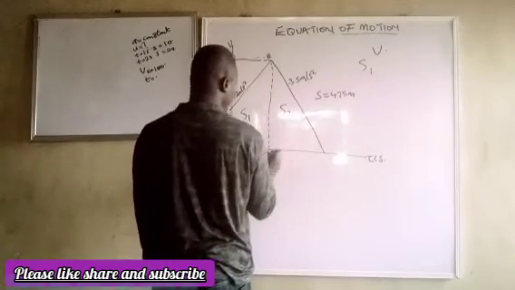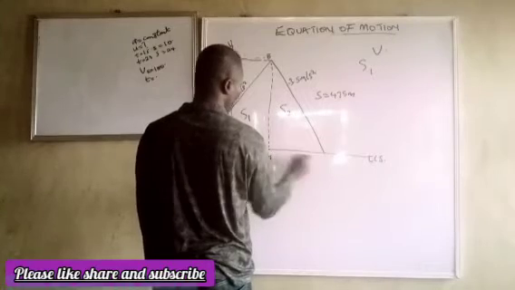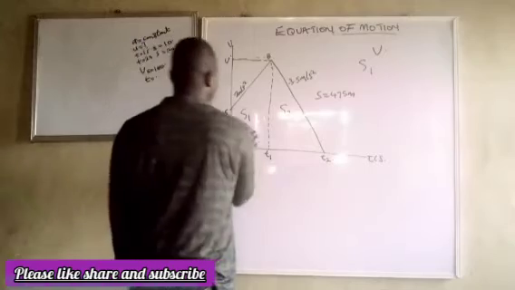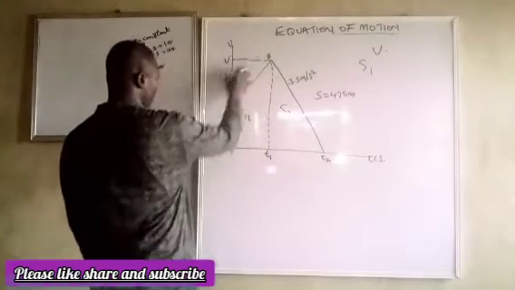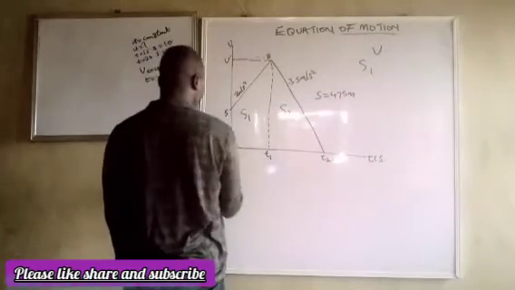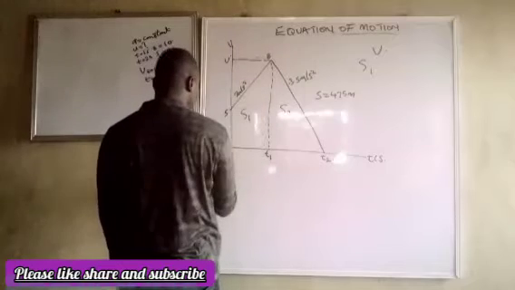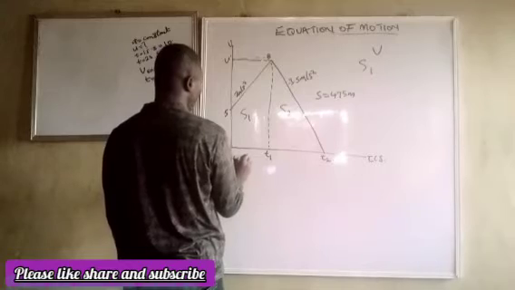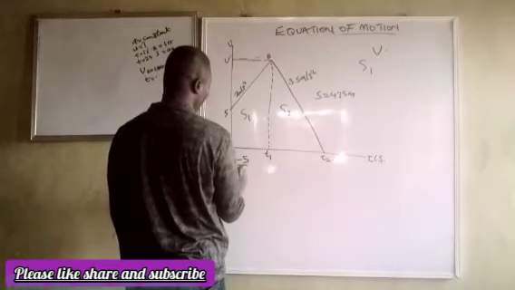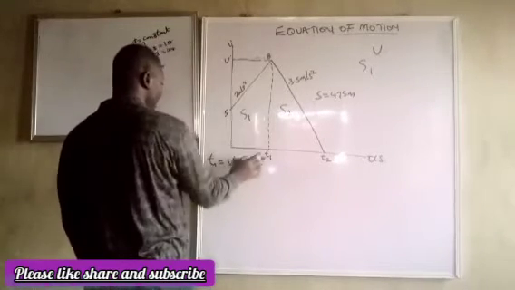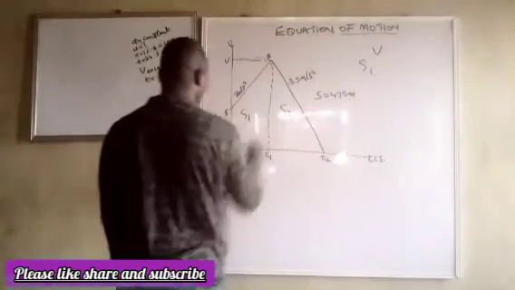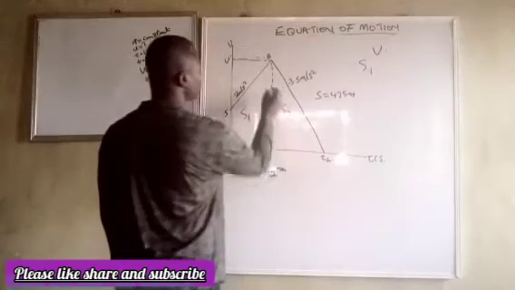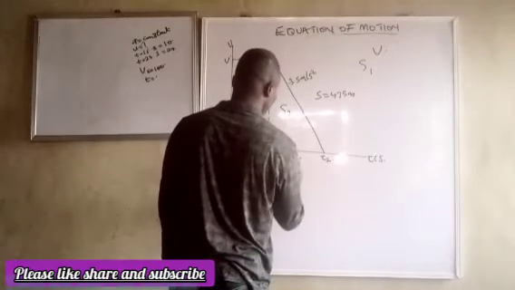So let's say this one is T1 here and this one is T2 here. S1, the distance here, will be equal to the time. T1 will be equal to V minus 5 over 2. That is T1. And T2